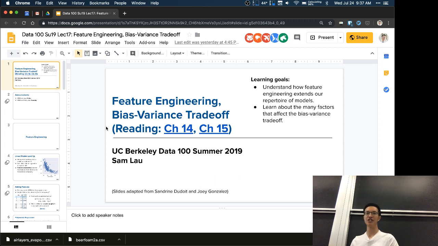Okay, and that's the definition of linearly dependent. The problem with having columns be linearly dependent is that you won't be able to actually solve your normal equations. The reason why is because this matrix right here will not be invertible. If you remember from linear algebra, you can only invert a matrix when all the columns are linearly independent from each other. And so this particular matrix, X transpose X here, will have linearly dependent columns